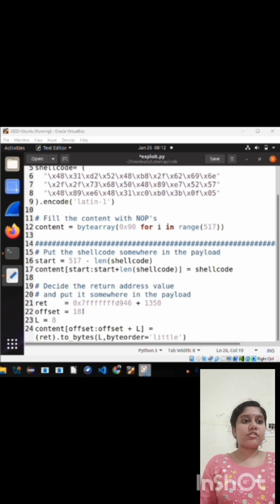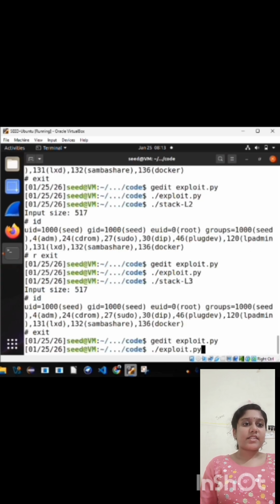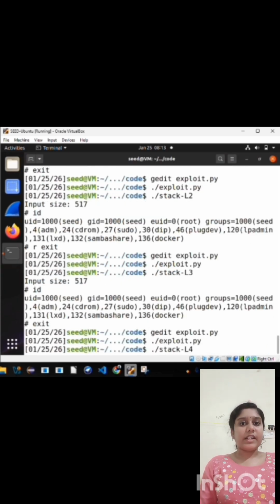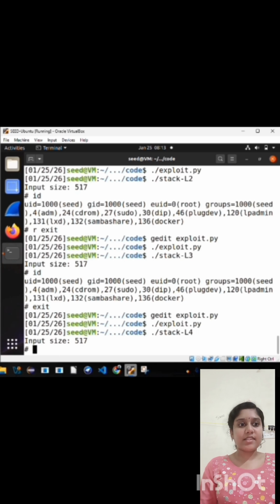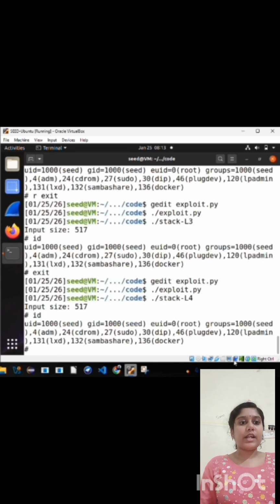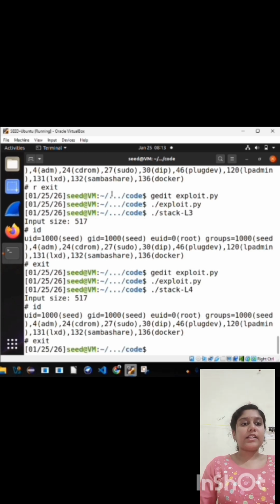So finally, the conclusion is, in this video we demonstrated and understood buffer overflow attacks using the SEED Labs environment and successfully exploited the level 1 vulnerability and gained shell access. Higher levels such as L2, L3 and L4 involve unknown buffer sizes, smaller memory spaces, and advanced security protections, which require GDB debugging and memory offset calculations. This experiment clearly